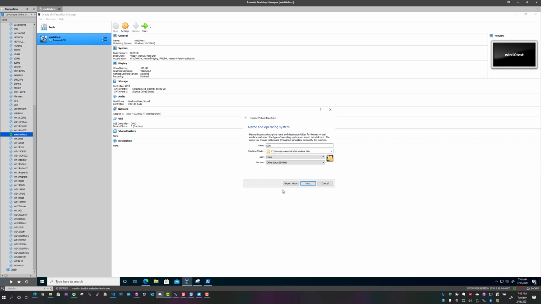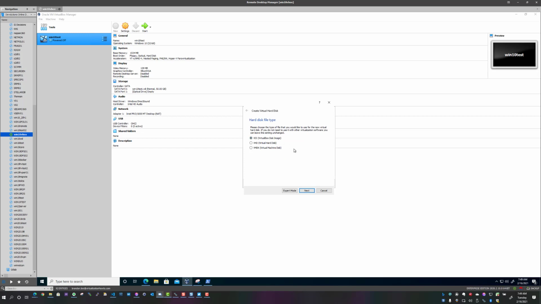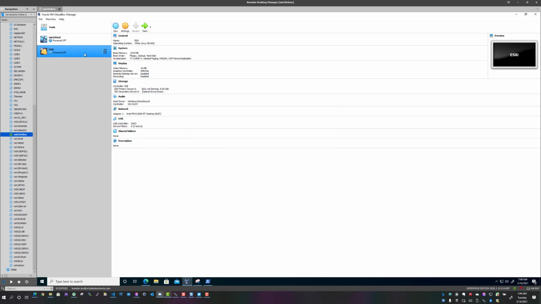So selecting that, we're going to select next, and I'm going to bump this up to 1024 gig. Select next, create a virtual hard disk now. 8 gigs should be fine for our ESXi partition. We're going to use VirtualBox disk image next. Dynamically allocated, which means that basically it's thin provisioned, so it will only use the space as needed. Select next. The default storage path is fine, so we're going to say create. So now we have our ESXi VM